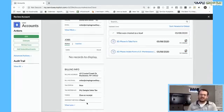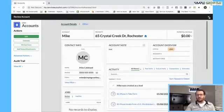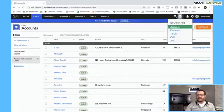And we've eliminated that double entry, but we've created a standardized workflow, not functioning or featuring software features, but we're focusing on a workflow within the software of Service Autopilot. So hopefully that's advantageous. Any comments or questions, feel free to drop them live in the Facebook feed here as well. But that's the first thing we're looking at, is we're going in and we are adding that account and